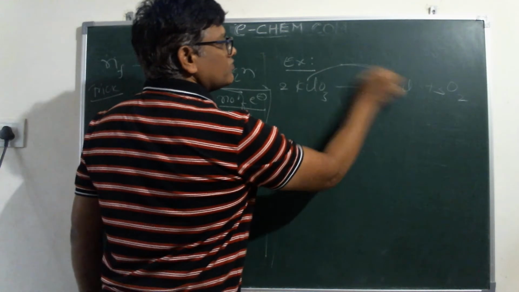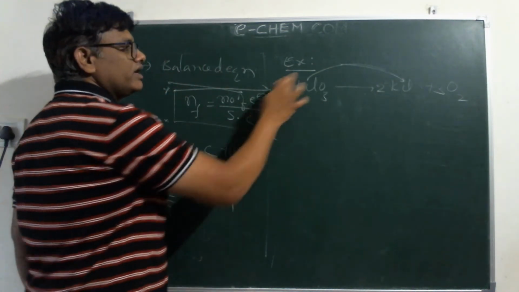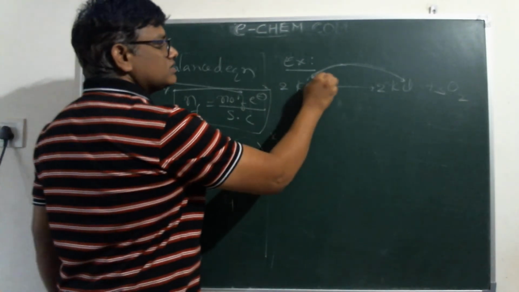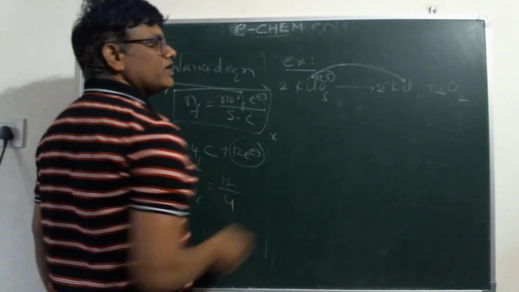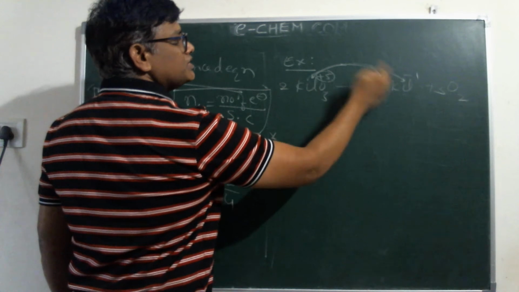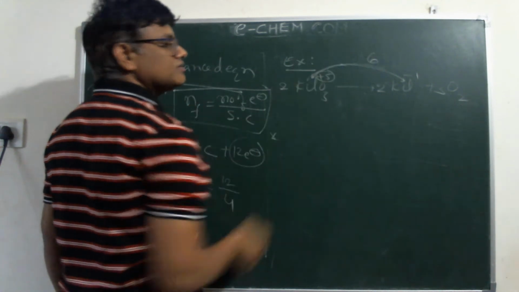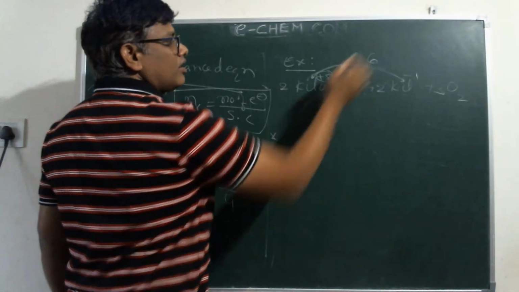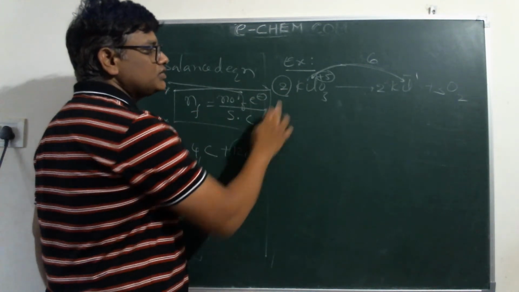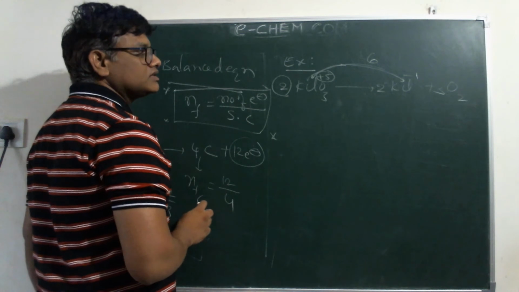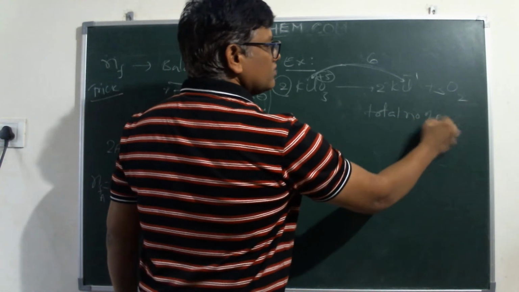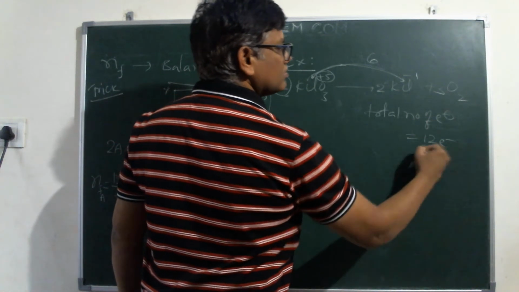Taking the change of oxidation state for any one component, I am taking the change for the chlorine here. Chlorine in this potassium chlorate is +5 and changes to -1. In total, how many units are changed? 6 units are changed. This is for 1 mole of compound. But how many moles am I taking in the balanced equation? 2 moles of potassium chlorate. So the total number of electrons involved in the reaction is 12 electrons.